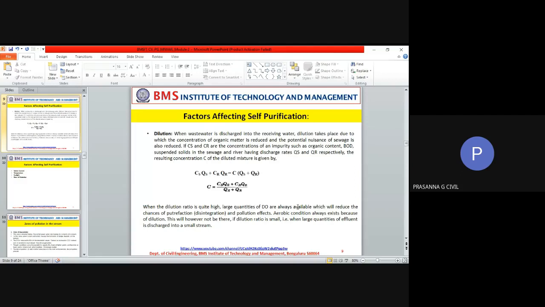And in that case, the DO will be very high. And if DO is maintained at a higher level, aerobic conditions